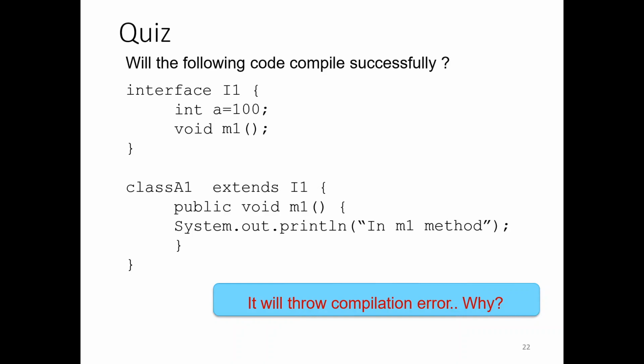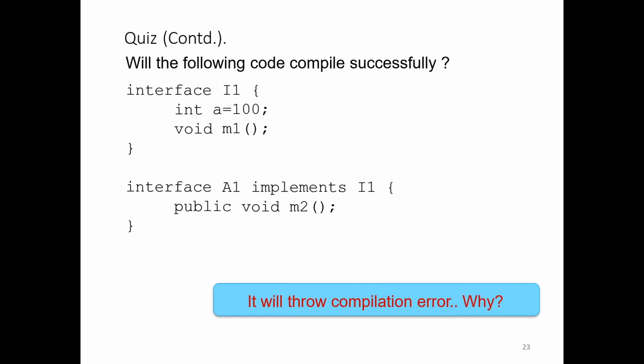So what is wrong with the code? So here we are creating an interface with a variable a equal to 100 with the method void m1. Here I am using the keyword extends, right? So it is a class, but whenever you are inside a class you have to use the keyword implements. So here I should not use extends. Here I should use the keyword implements, right? So this will throw a compile time error. Why? Because